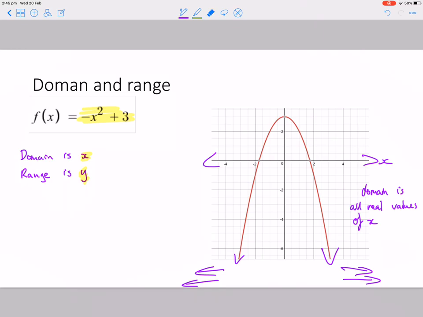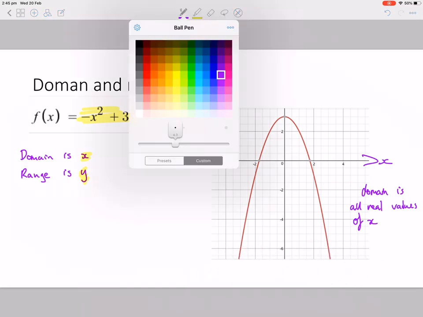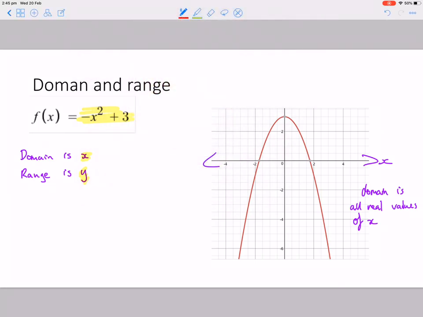For the range, we're looking at the y values. I'm going to do them red. We're looking at the y values. It stops at this number here, which is 3, okay? But then it continues forever down there. So we can say the range for this graph, for this function,